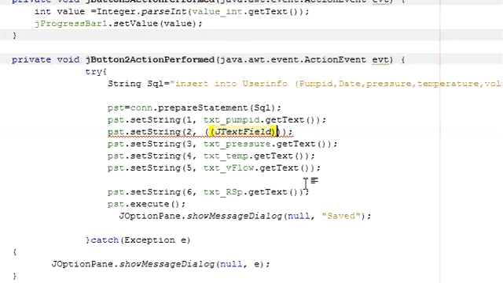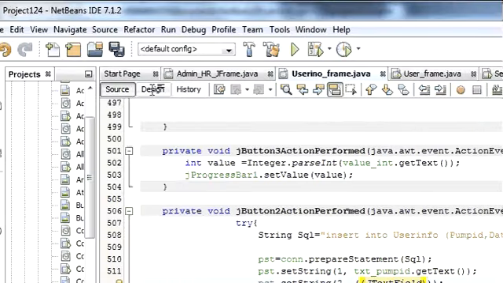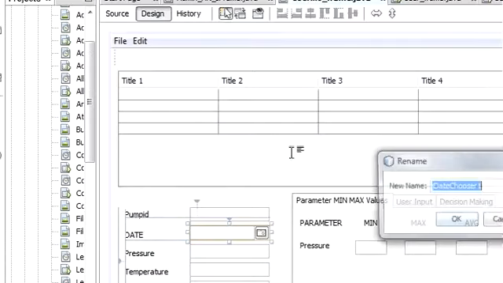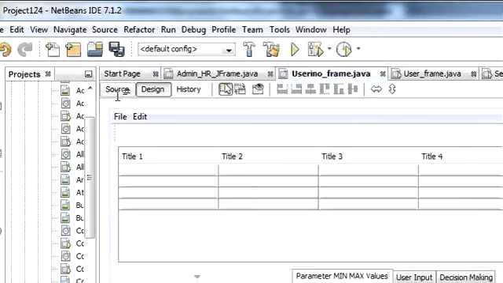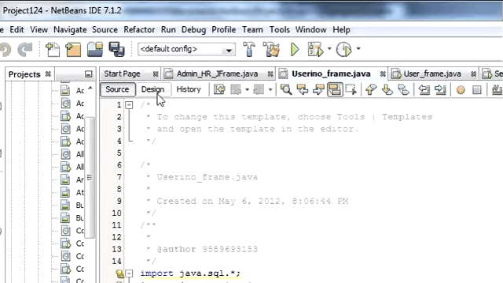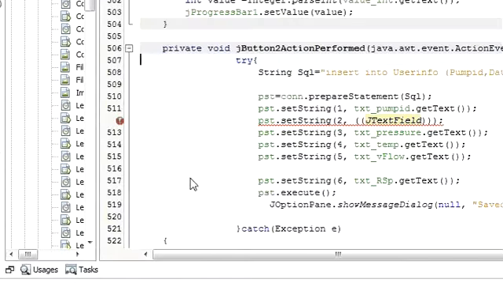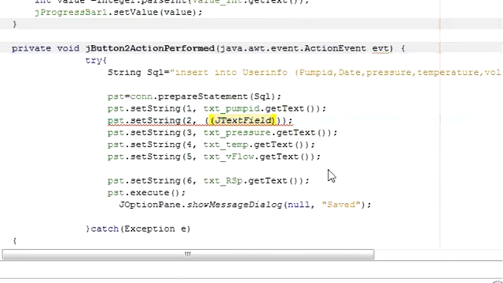After the text field bracket, you need to copy your date variable name. I will name it txt date, so it's clear for us. We are taking it from Jdatechooser, and I will paste it just after the J text field bracket, and then dot